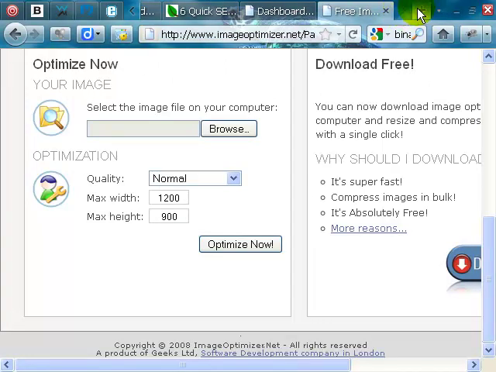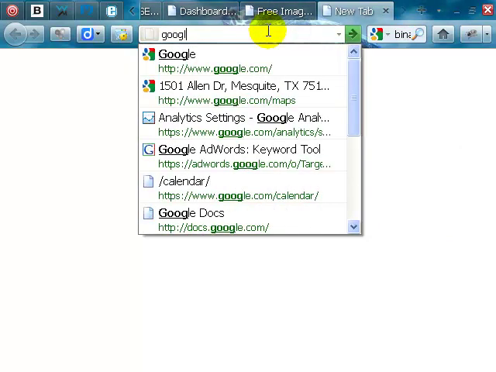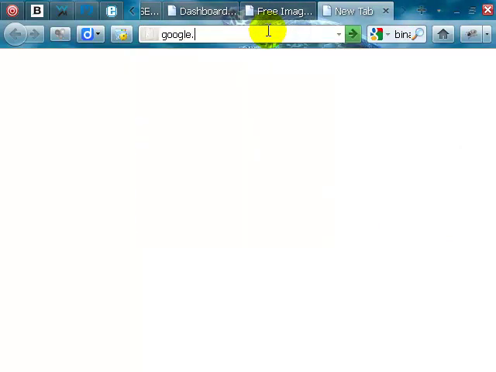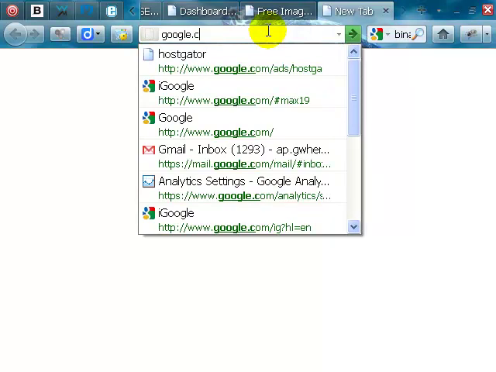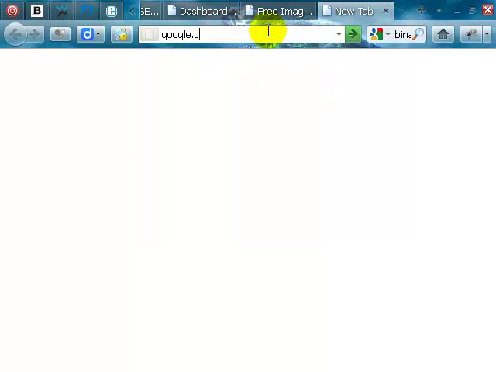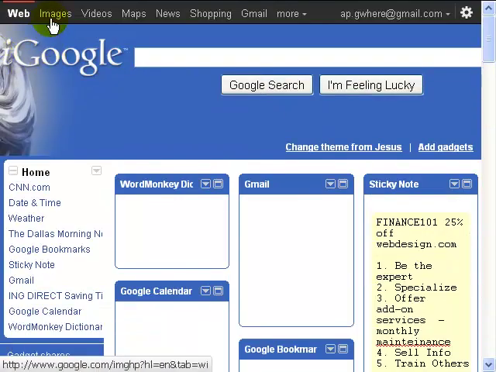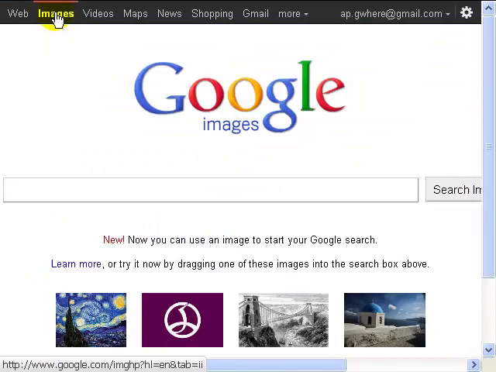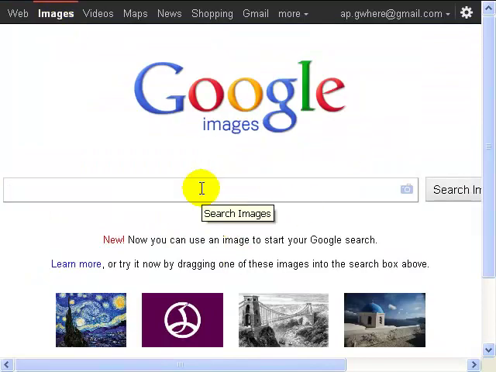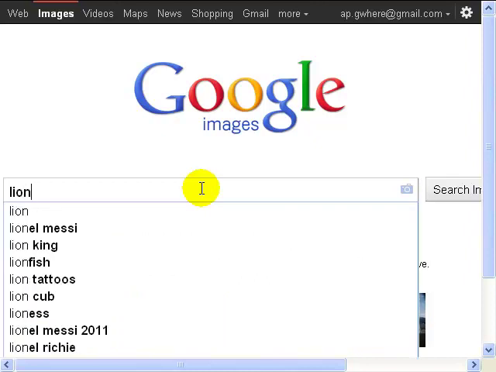I've been on places where people will tell people, oh, just go to Google and find an image. No, you cannot just do that. You have to be very specific about this. Okay, so we're going to go to Google Images, and let's say I want a picture of a lion, and